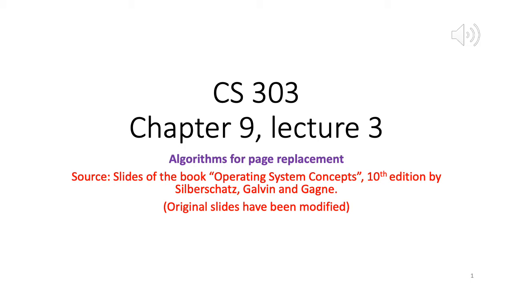Given an option, evict a page which is not going to be used at all. But again, it's a dynamic system, so we don't know whether a page is going to be used or not. It's hard to determine. Or if you cannot evict a page which is not going to be used at all, because you cannot identify such a page realistically, try to evict a page which is being lightly used. So again, how do you determine that? Now we look at some of the algorithms for page replacement.